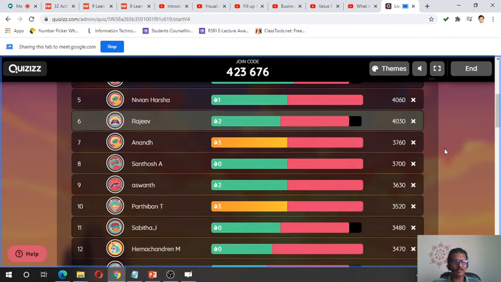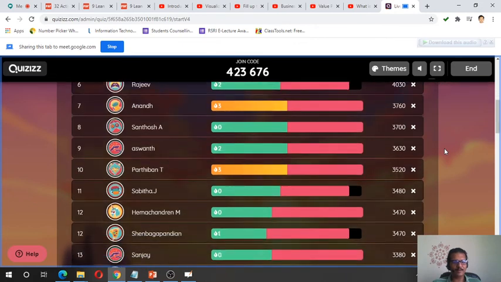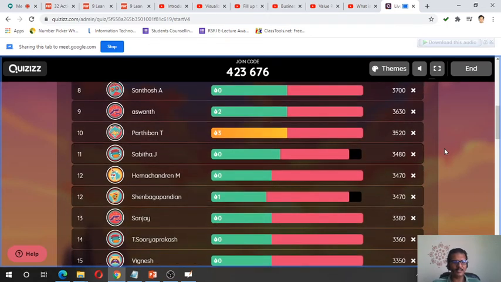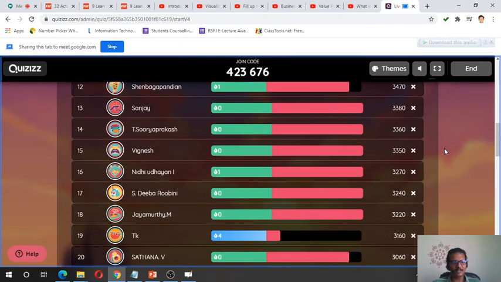Okay, 6th place is captured by Rajiv. 9th place is Ashwant, 10th is Parthiban, 11th place is Sabita, 12th place is Hemachandran, shared by both Hemachandran and Shanbaga Pandian. Sanjay is in 13th place, Surya Prakash in 14th, Vignesh in 15th, Nidhi Udayan in 16th, Deva Robini in 17th,